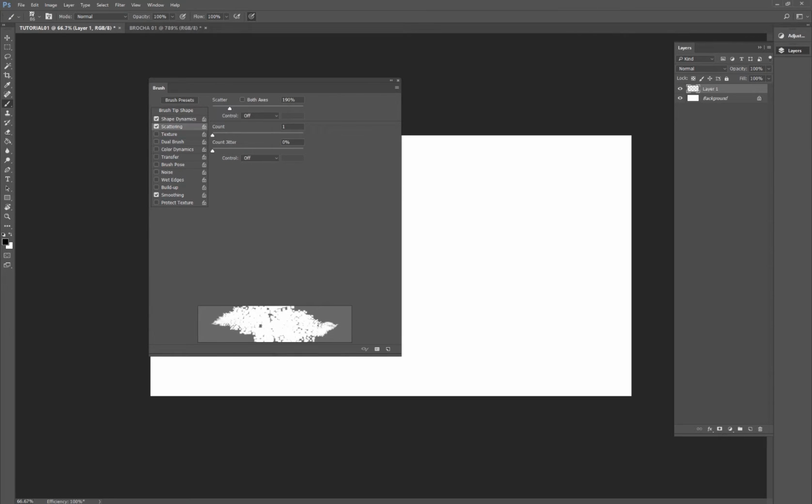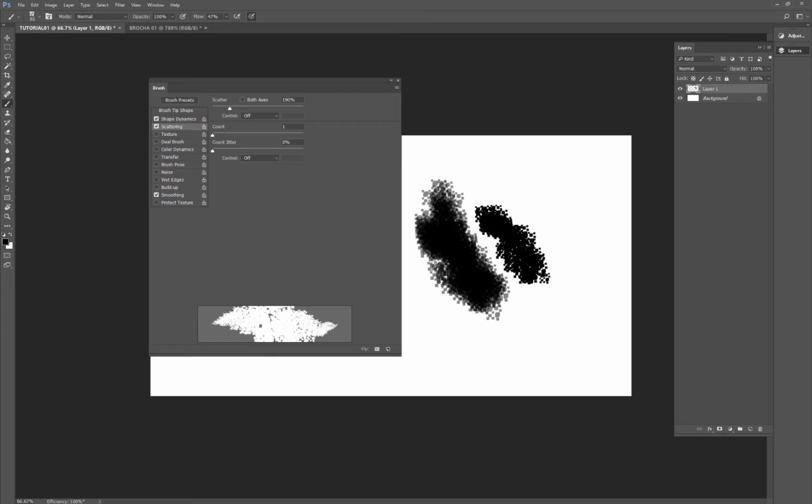Let's adjust it to what we are looking for. Try out different options and see how the brush changes. So we'll just play around until we find the brush that best suits our illustration.